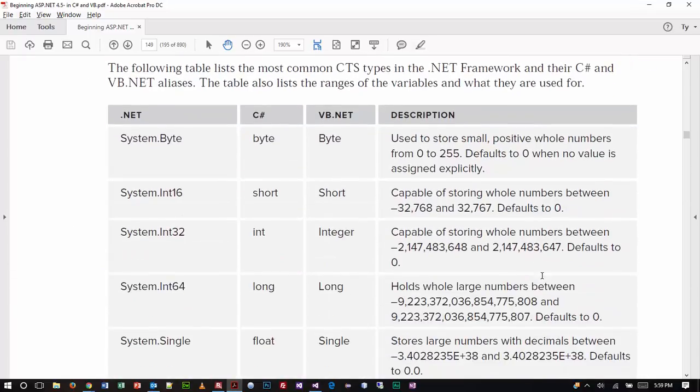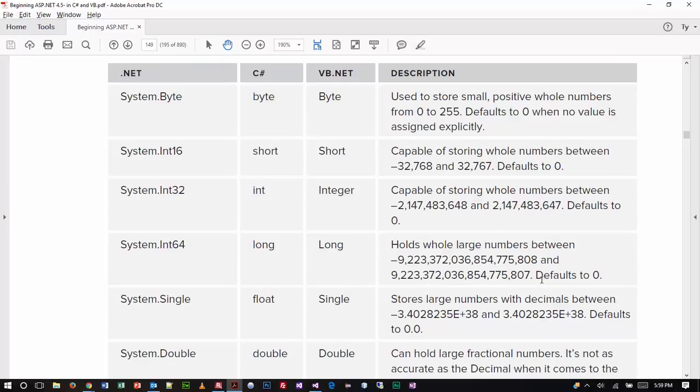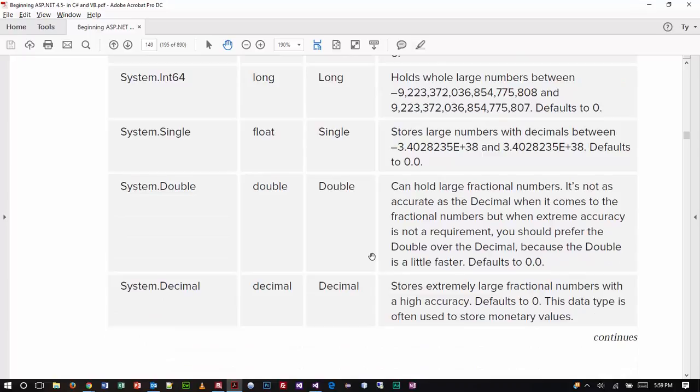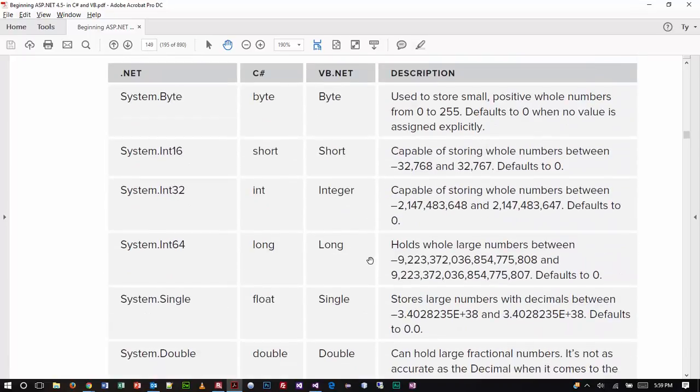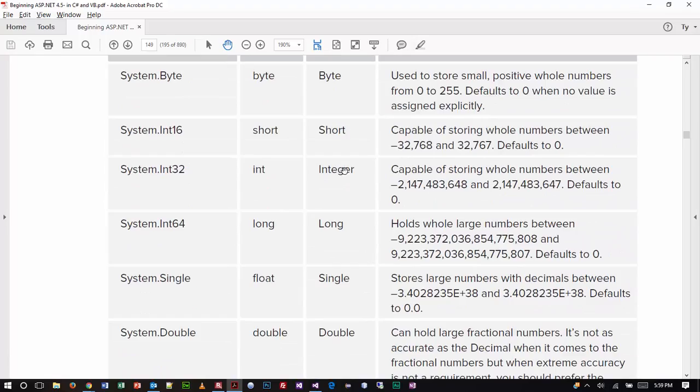All right, here they start talking about the numeric data types, and you'll notice that many of these you've already heard about in other languages, whatever language it is that you've worked with. In VB, and a lot of you have had that intro to programming class, you'll see some of the number formats that you've used often. And typically, as programmers, the ones that we're going to use most often are going to be integer, doubles, and decimals. We usually don't touch a lot of the other ones because those kind of do everything we need, for